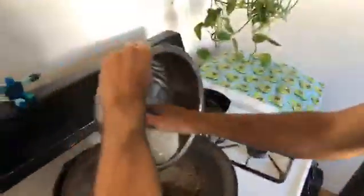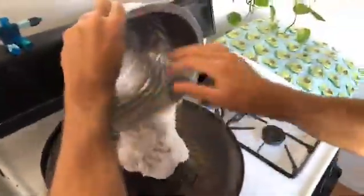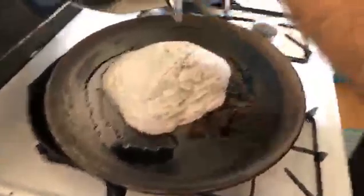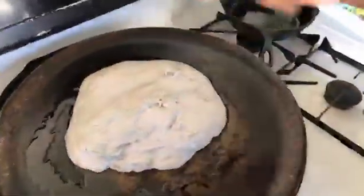just gonna take it out of here. See, it's kind of one cohesive mass of blueness. I'm really curious to see how vibrant this is, if this achieves the same level of blueness that we got when we did this for the first time